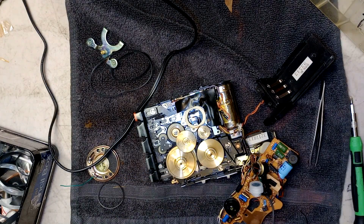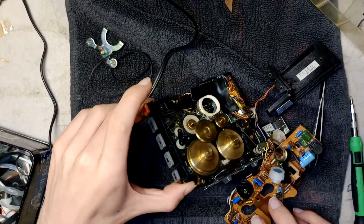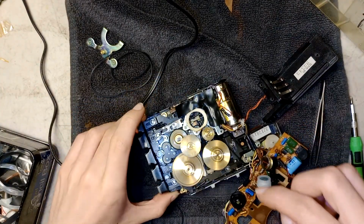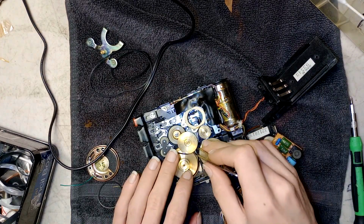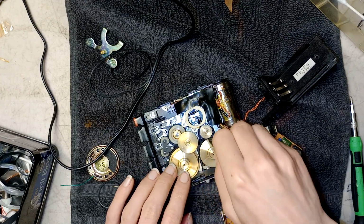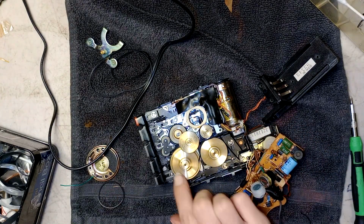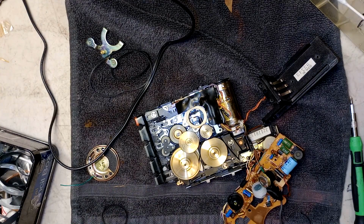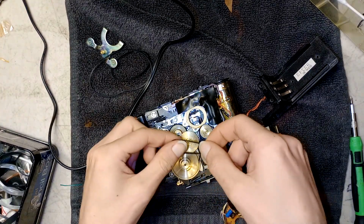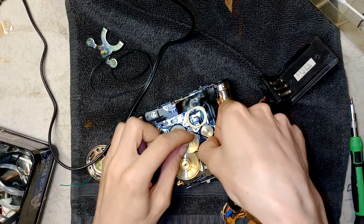Oh god. Oh, very nicely oiled still. Oh, it looks clean enough. Oh yeah, look at that. Nice. Alright, we got that done. Now we're gonna get, I think,